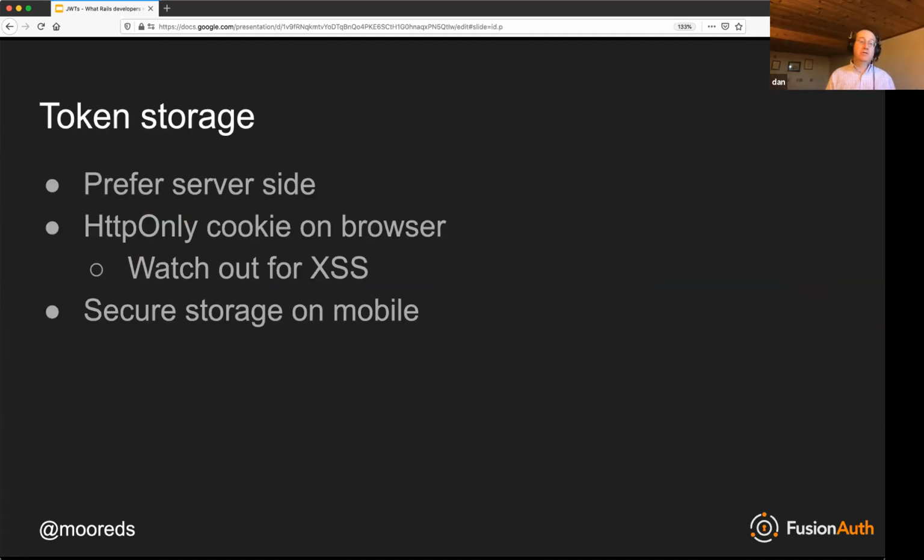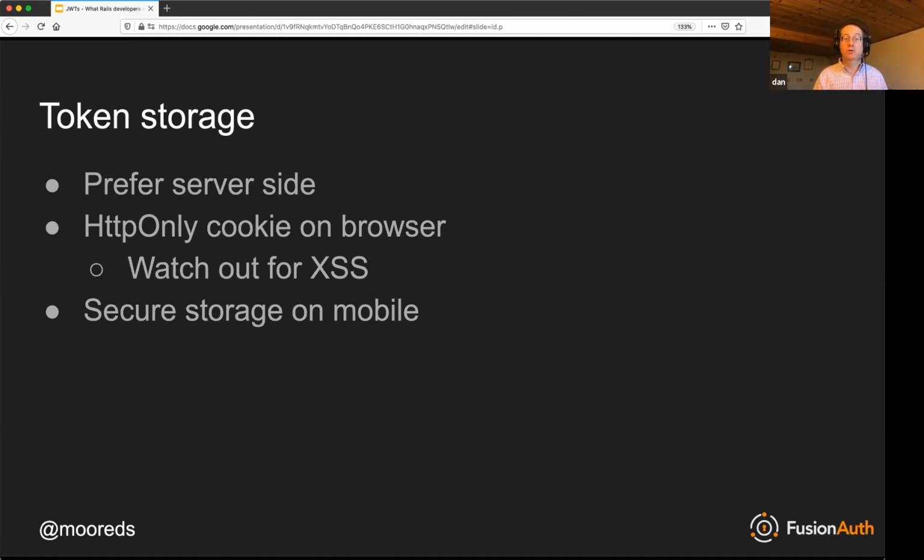So if you're going to store the token, which we understand you typically have to do, FusionAuth recommends that you store it server side if at all possible. And that's just because that's a more controlled environment. And then use a session to tie the client to the JWT. But we recognize that doesn't always work.